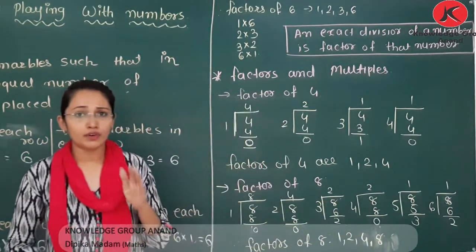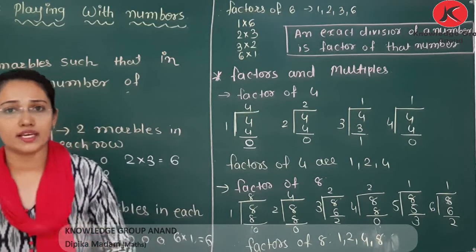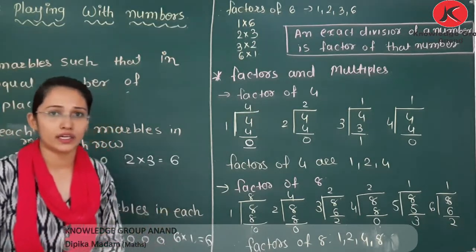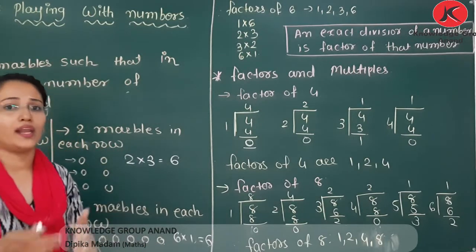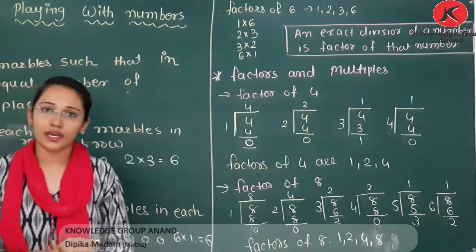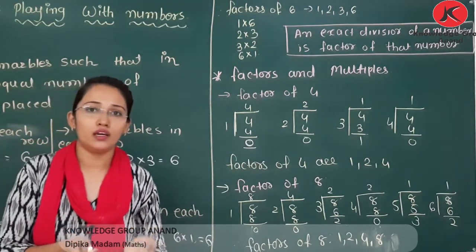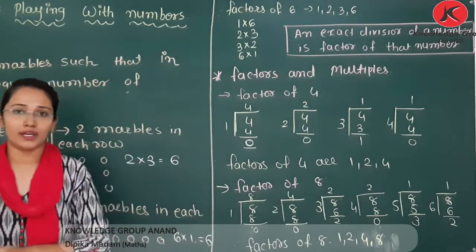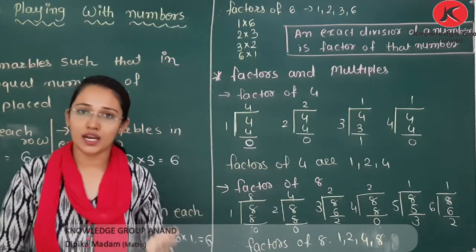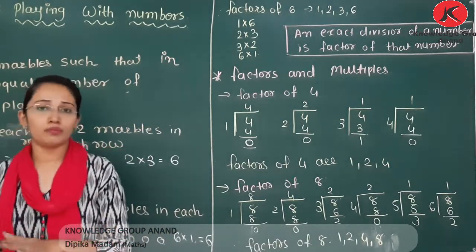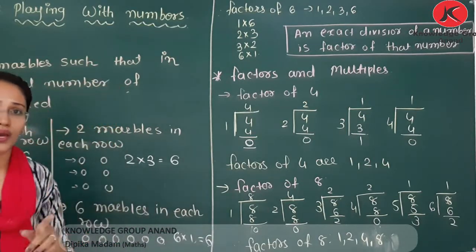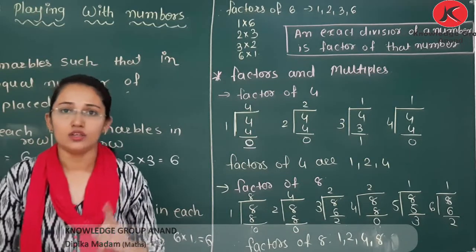Means whatever number divides the given number exactly is a factor of it. For example 12. Which numbers divide 12? 1 can divide, 2 can divide, 3 can divide, 3 4s are 12, 4 can divide, 5 cannot divide because 12 does not come in the table of 5, 6 2s are 12 so 6 divides. 12 does not come in the tables of 7, 8, 9. Same if you increase the table after 12, so it is 12 1s are 12.